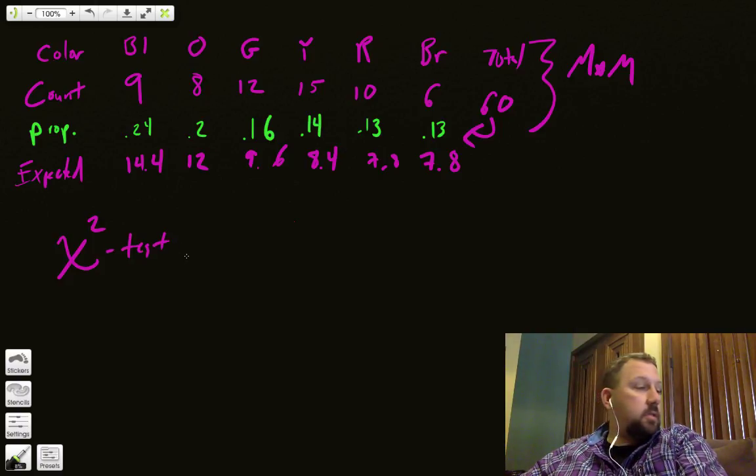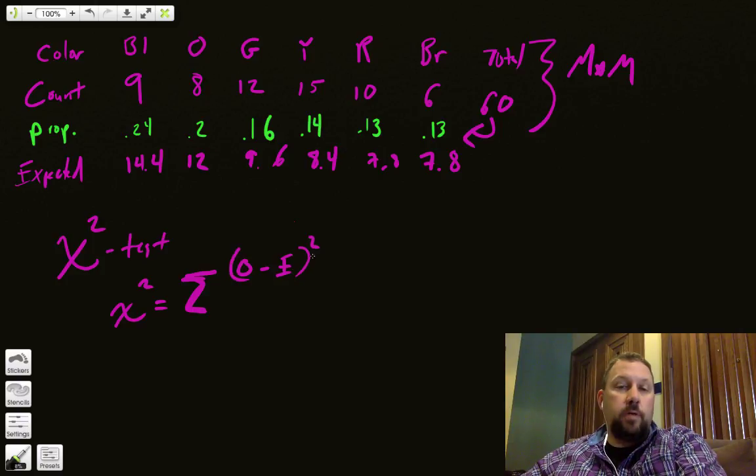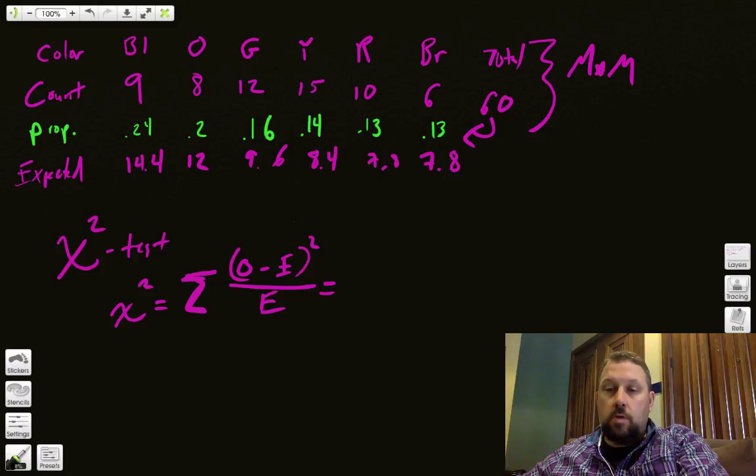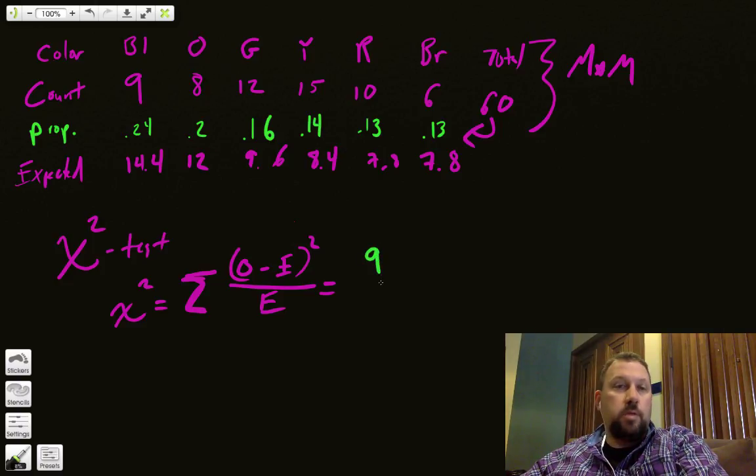And the chi-squared test has a formula. Chi-squared itself is equal to the sum of, so capital sigma, the sum of, we're going to add a whole bunch of things up, observed minus expected, squared, divided by expected. And if I take each one of those, so let's take the first observed, and that's blue, and that's 9. We're going to subtract the expected, which is 14.4, square it, divide by 14.4,